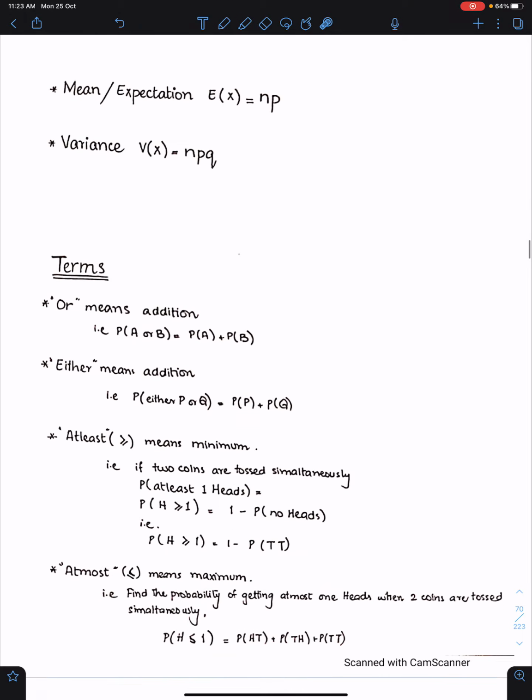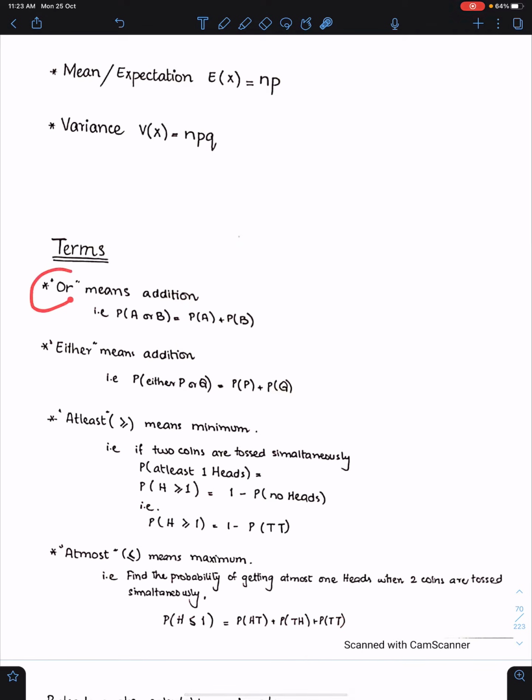Some important terms. The word or means addition. The word either means addition. Like either p or q means probability p plus probability q. At least means greater than or equal to. This sign means at least or minimum. For example,